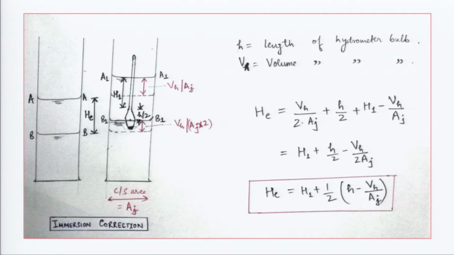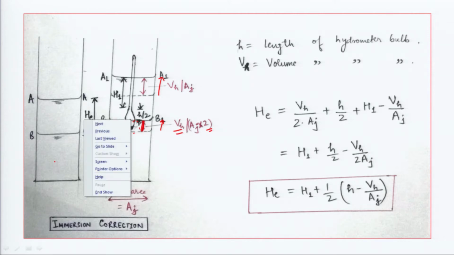Let us take here what happens if we take this simple sedimentation jar, and it is at the starting position wherein nothing is there. There are 2 layers which we will take into consideration. When we place a hydrometer in it, some water rises. So this B rises to B1 and this A rises to somewhat greater height, that is A1. Here the volume is V by 2. So V by 2 upon Aj, the height rise will be H by 2,